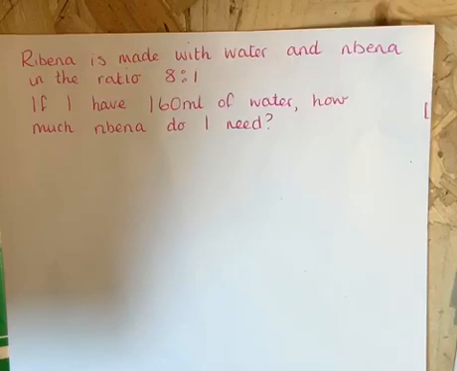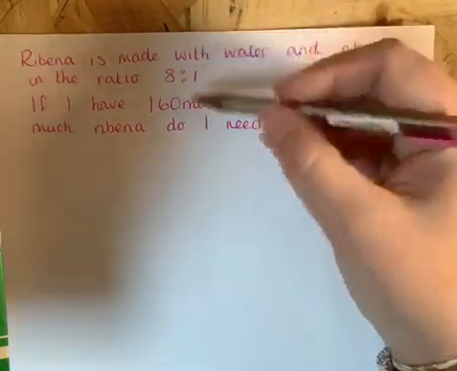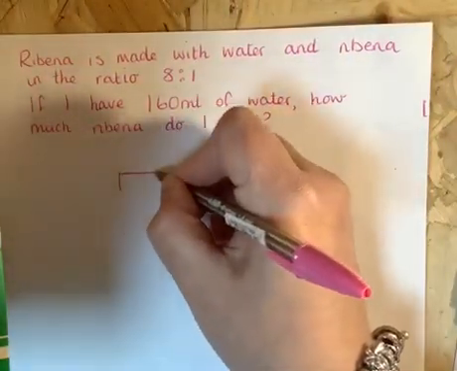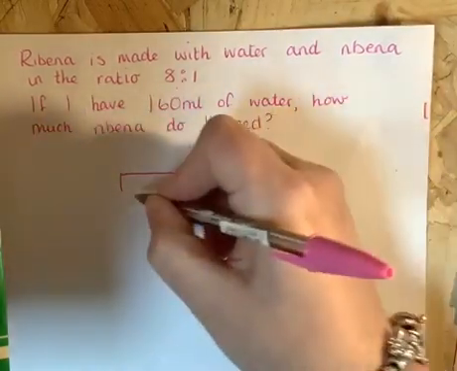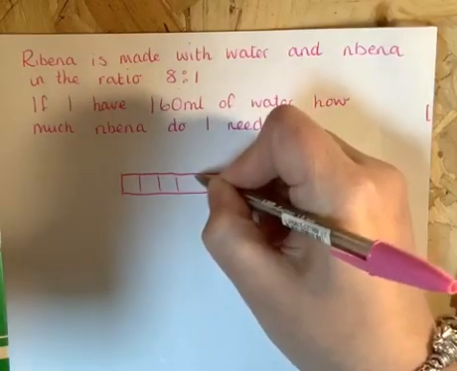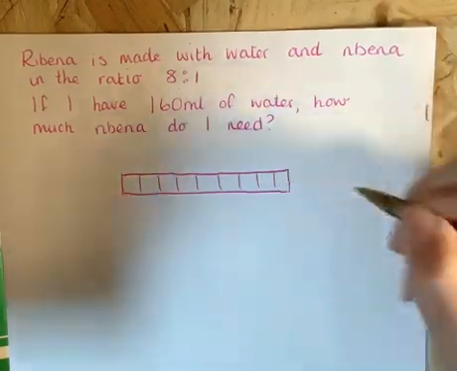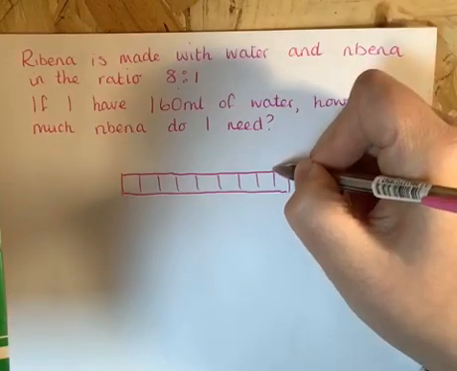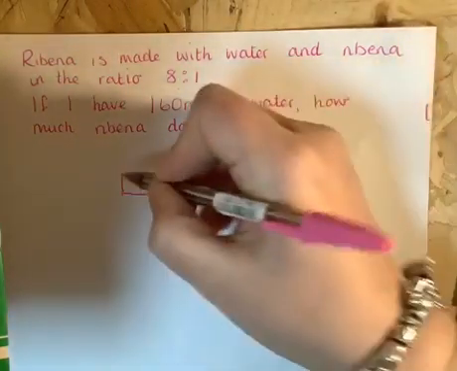Ribena is made with water and Ribena in the ratio 8 to 1. So that means that for every 8 parts of water, there's 1 part of Ribena. If I have 160 millilitres of water, how much Ribena do I need? So again, I'm going to use my bar model. So I've got 8 parts and 1 part. So I need 9 parts altogether. Okay, so we've got 1, 2, 3, 4, 5, 6, 7, 8, 9 parts. And we know that 1 part here is Ribena and the rest